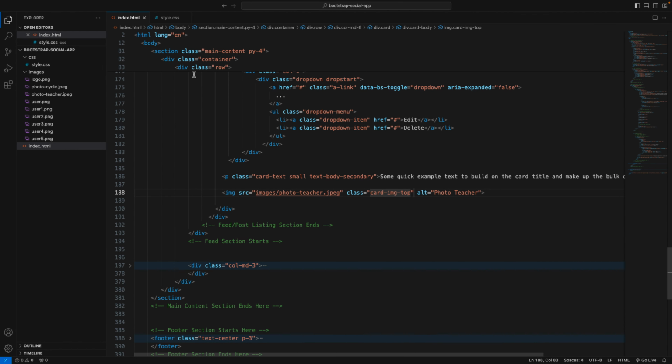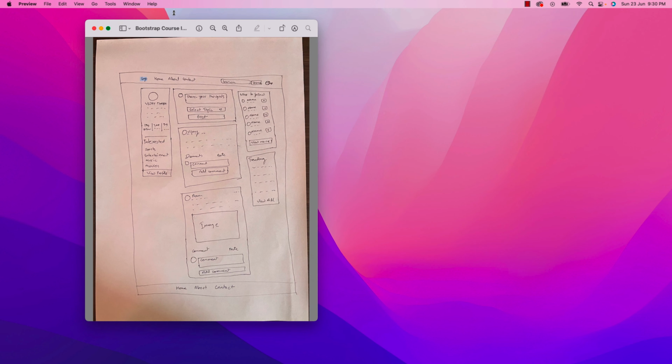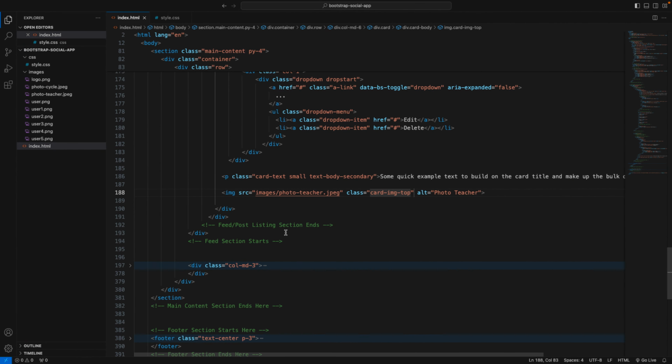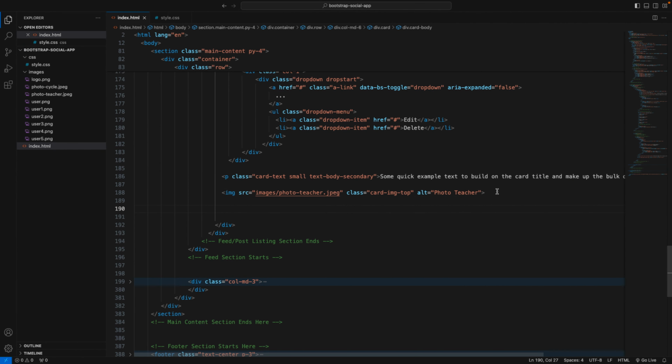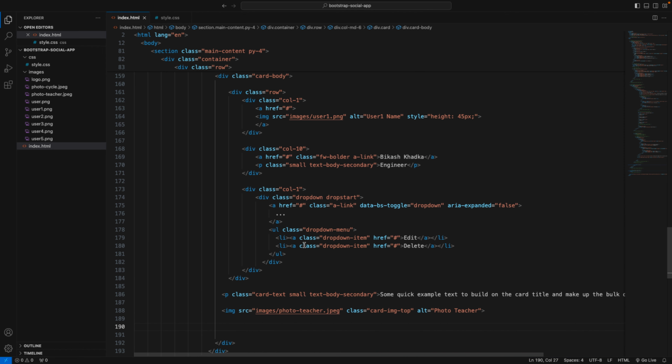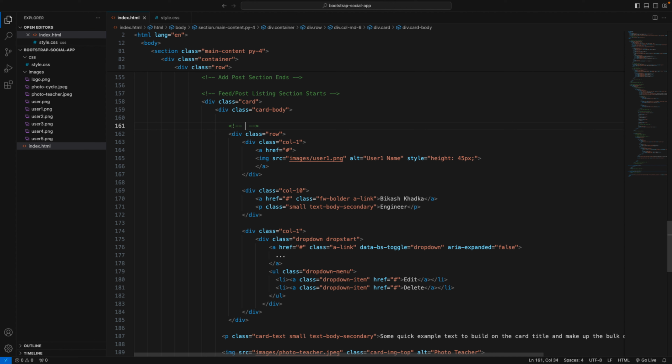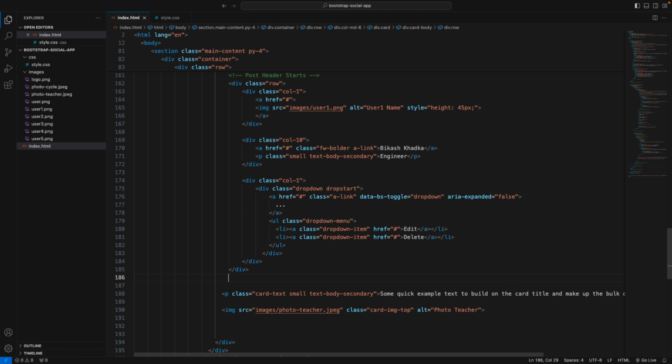Now we need to add the footer section of the feed, which is a place to display comments, and we will also display the publish date, and after that we will display add comment. Okay, so let's go. And now we have added this one. Let's also add a comment on this. I will call this one post header starts, and I'll copy it so that it will be easier to navigate, and I will paste it below this end,